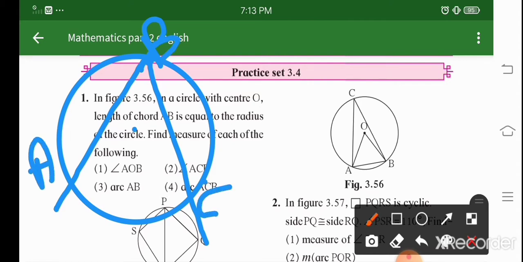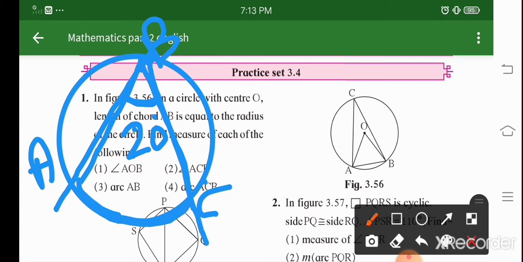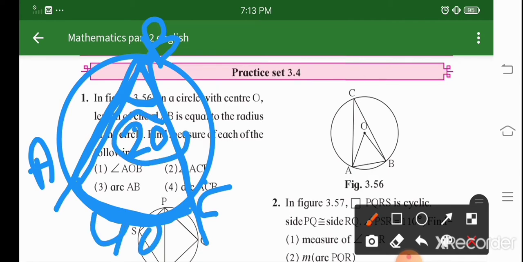So whenever you have the measure of an inscribed angle, this is your inscribed angle. Whatever the measurement of this angle, suppose this angle is 20, this measurement is half of the measurement of the intercepted arc. So what is the arc over here? The intercepted arc is your AC. So what will AC be? It will be double. The arc is double and this angle is half. Now this angle is 20, so your arc will be 40. I think this theorem is clear. This theorem we are going to use in this particular exercise.